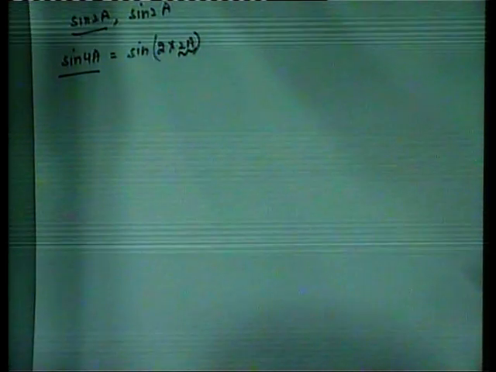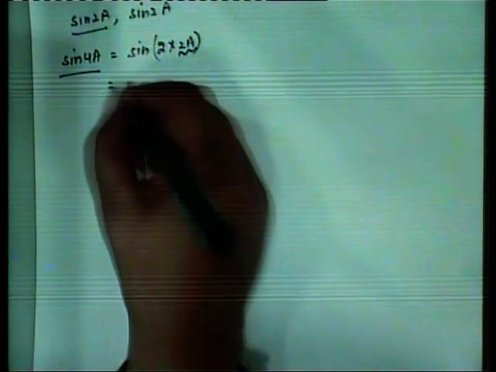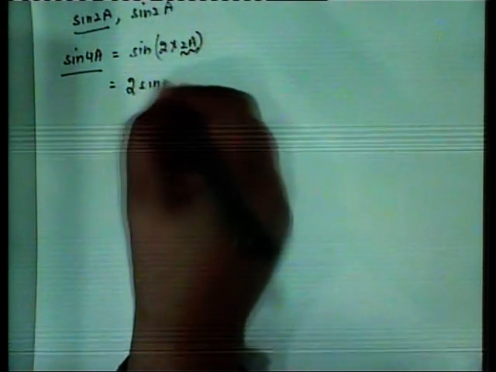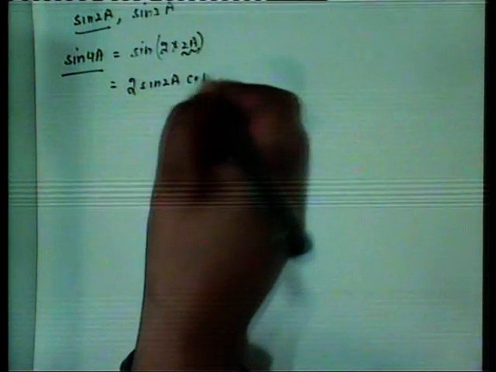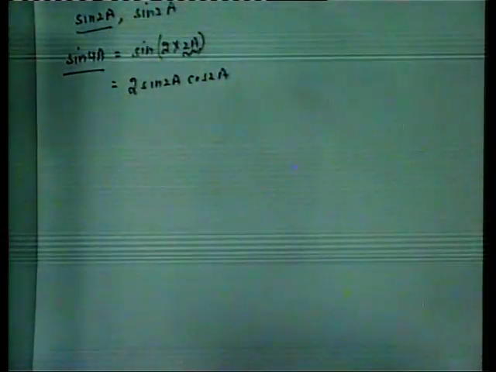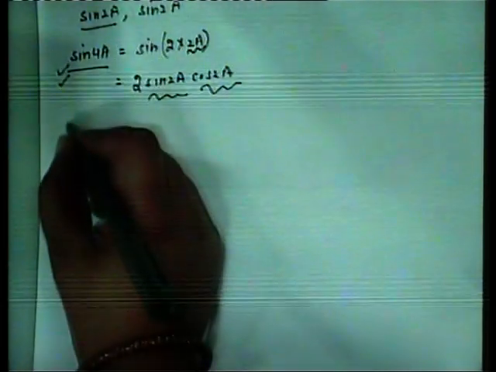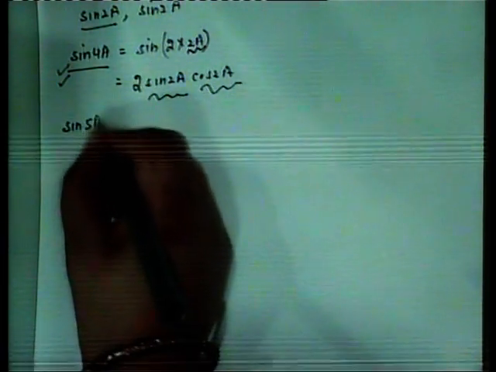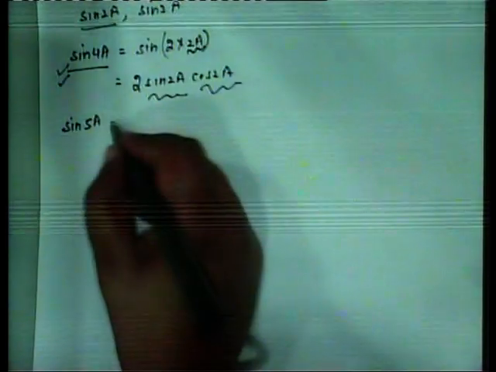Now I know that sin 2a is 2 sin a cos a. So this will become 2 sin 2a cos 2a. So putting the expression for sin 2a and cos 2a, I get the expression of sin 4a. Now suppose I have to find the value of sin 5a. So I can write 5a as